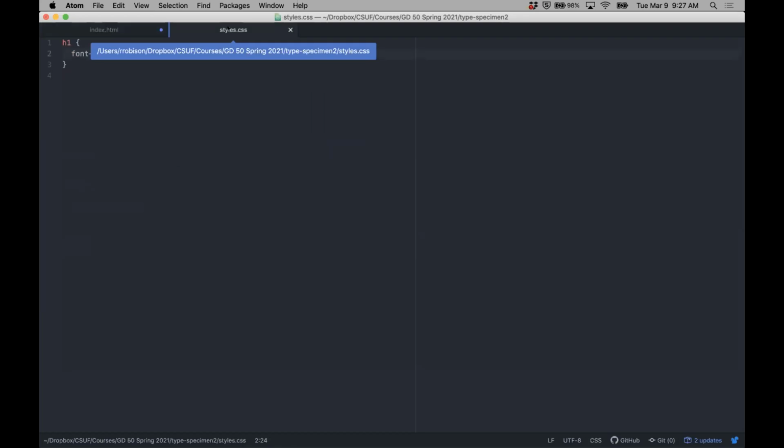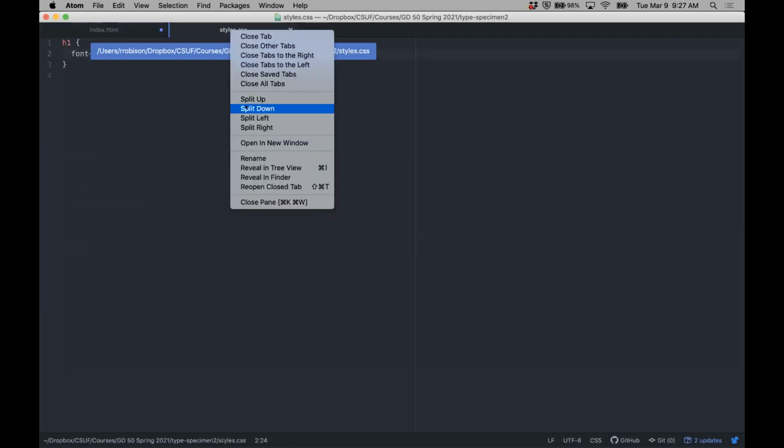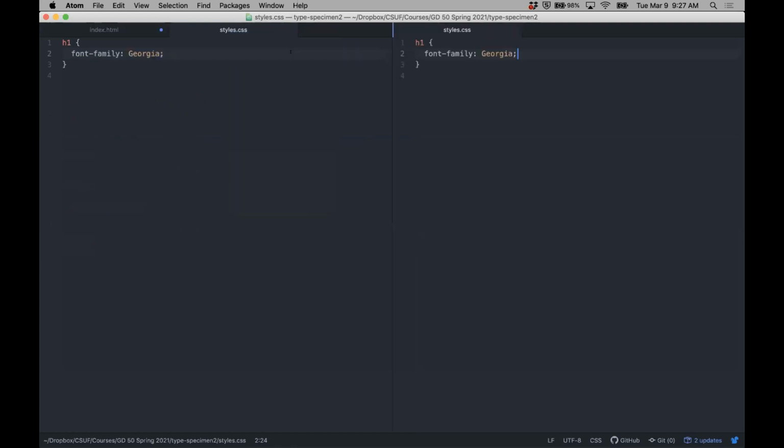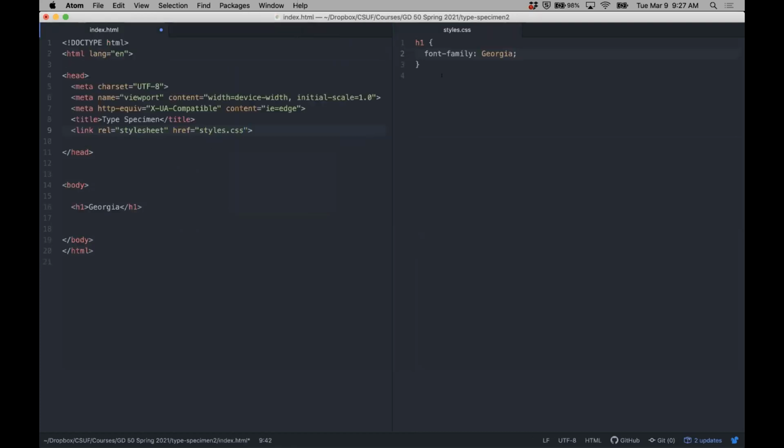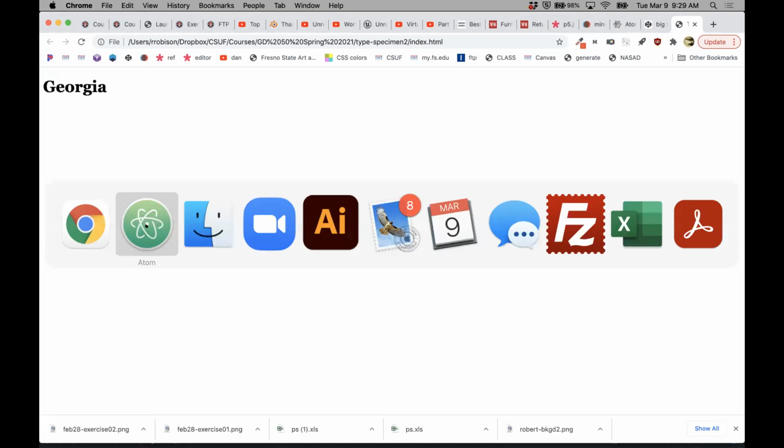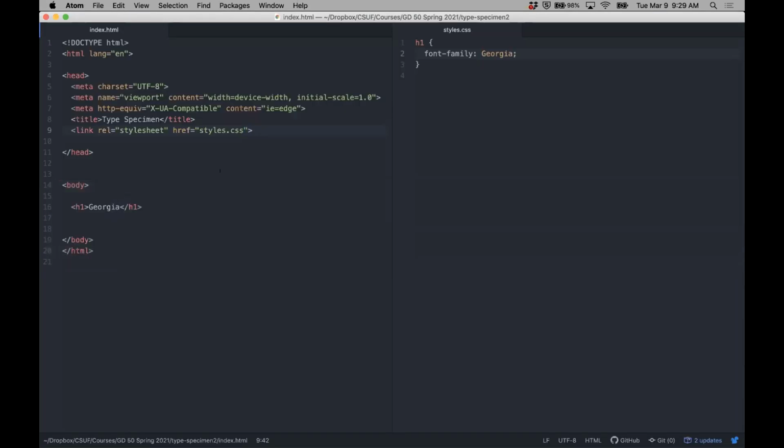You can split screen on these if you right click, and I'm going to split right. So now you can see the styles and HTML at the same time. So I'm going to save that, go back to the browser, reload, and there. Now I know that my styles and my HTML are connected, they're linked together. So now I'm all set to go. So now I can just start coding,